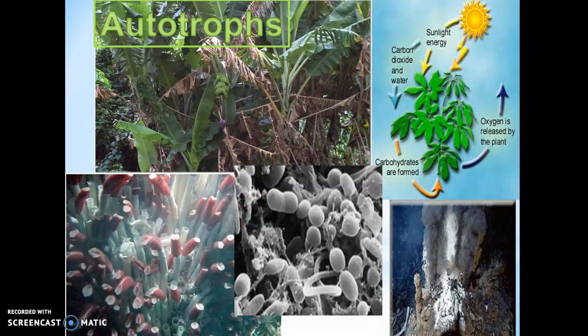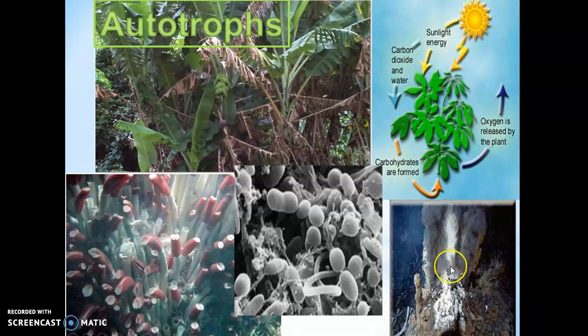Chemosynthesis is done by some species of bacteria, you can see them here, that live on tube worms near hydrothermal vents in the bottom of the ocean. At the bottom of the ocean, which is referred to as the aphotic zone, there's no sunlight, so photosynthesis is not an option. Instead of having the sun to power the process, these bacteria are able to break down chemicals that come up out of the earth and use the energy that's released to power this process